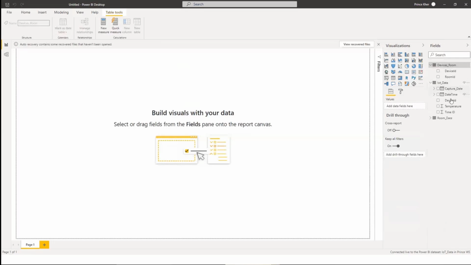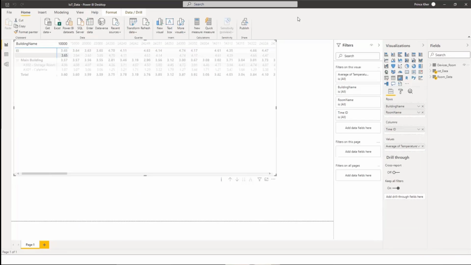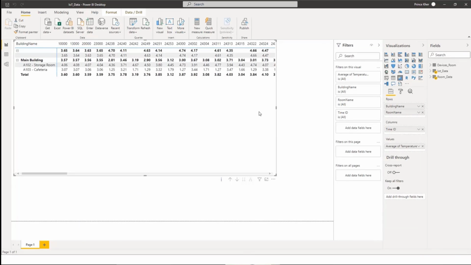So you get the same device ID, temperature. We are just capturing that view itself. I've added certain columns to capture data in the Power Query. So this is how you can get everything ready for your reports. And then you can create those reports, like I created one in the sample here. I created a so-called time ID